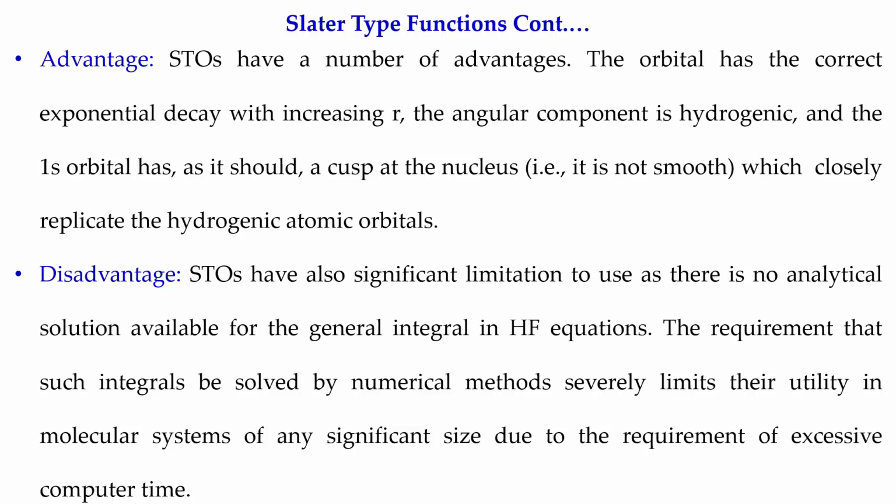So the shape of the orbitals is very accurately represented by this Slater type of orbital. But the most severe problem with this type of orbital is that STOs have very significant